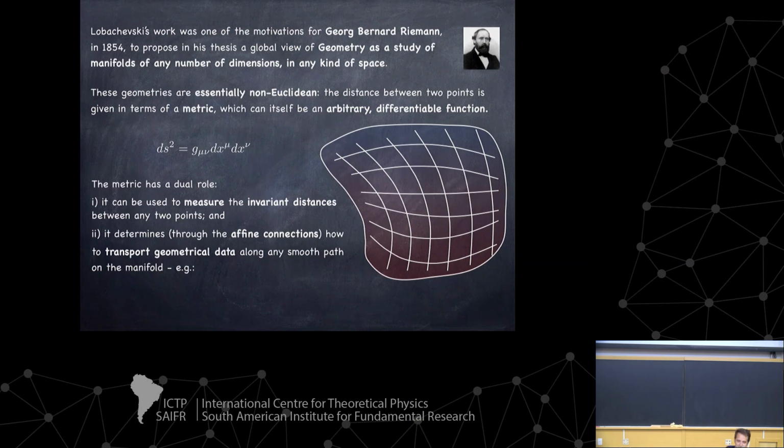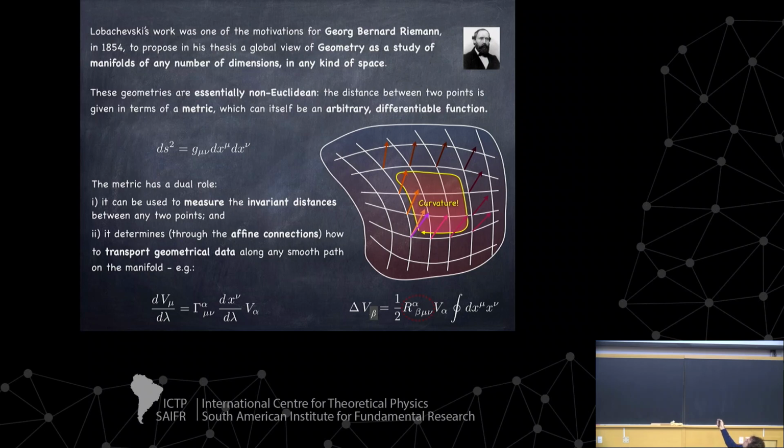The metric, this was Riemann's main insight, is that if you have a curved surface like this, the metric describes how you take one vector somewhere and move it along some curve that you determine. If you move that vector around the curve and come back to the same point, this parallel transport equation described by Riemann gives you that the difference in the vector, as you move it around this closed loop, is determined by the amount of curvature you have here. So the change in that vector is proportional to the curvature, as described by the Riemann tensor,